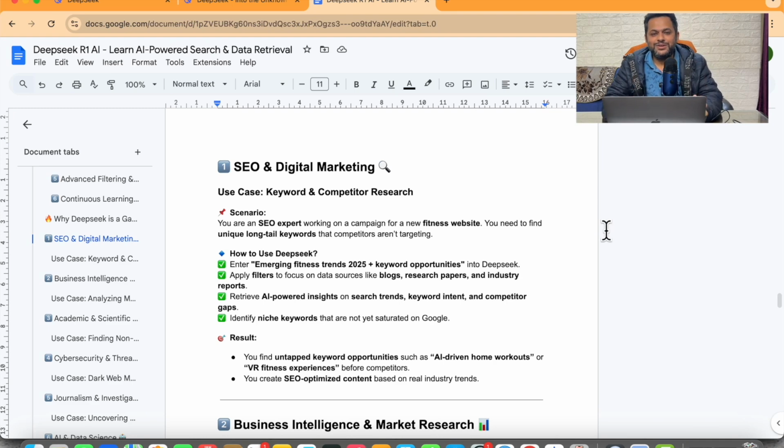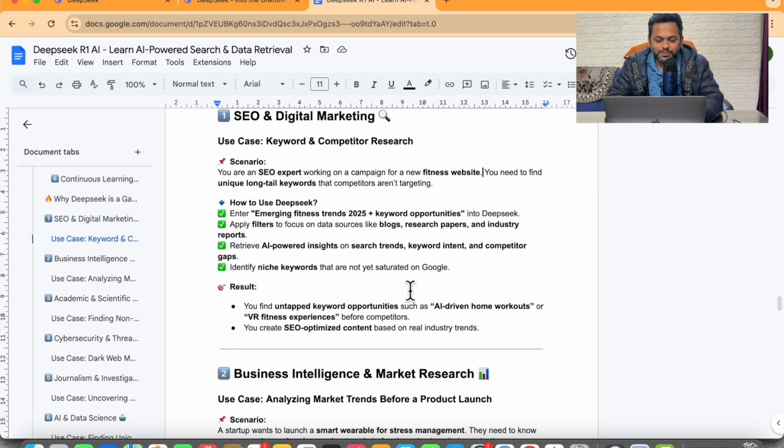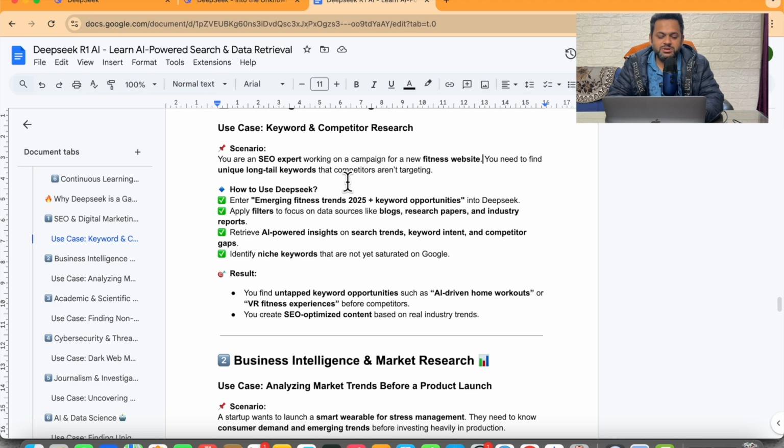Now let's move to the real-time examples and get our hands dirty on this platform. Okay, so the first scenario is for SEO and digital marketers. Let's say you are an SEO expert working on a campaign for a new fitness website. What you need to do is find unique long tail keywords that competitors aren't targeting. So what you can do is